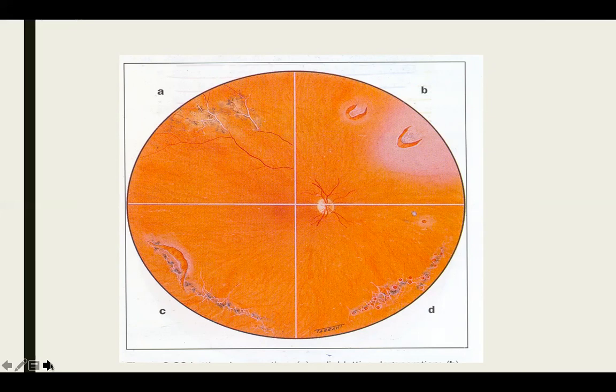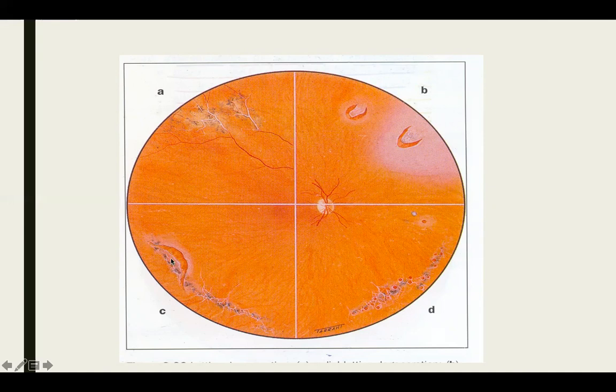Now, sometimes there can be combined tractional and rhegmatogenous retinal detachment, like in a diabetic patient, if there is a pulling effect on the retina, and along with the pulling, a break is formed within the retina. Then it's a combined tractional and rhegmatogenous retinal detachment, because the traction is there and the break is also formed. Now you can see these are the lattice degenerations,